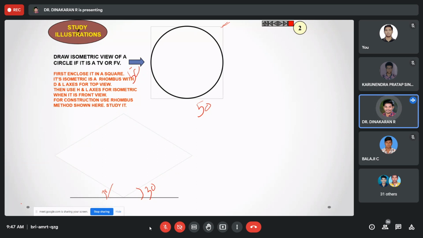mark and find the midpoints of all the sides of the box we drew, for this line, this line and this line. Mark the midpoints of that. After finding a midpoint, place a naming. Okay, A, B, C, D, otherwise you can. And after that, mark points on the diagonals. Okay, this diagonal and this diagonal.